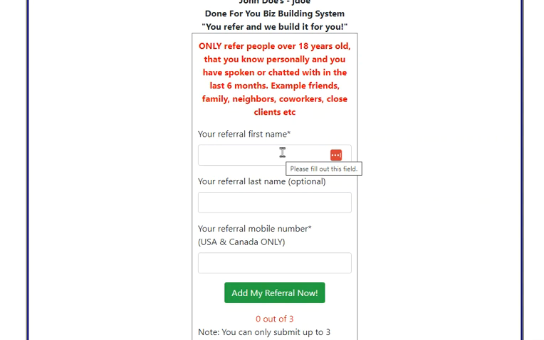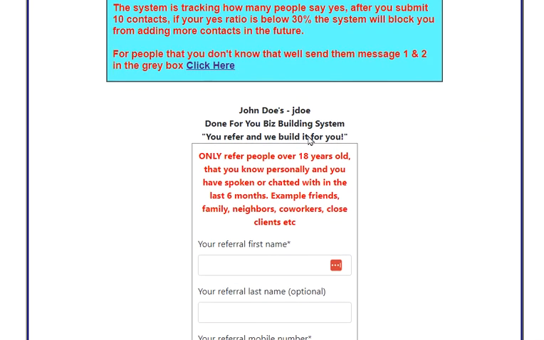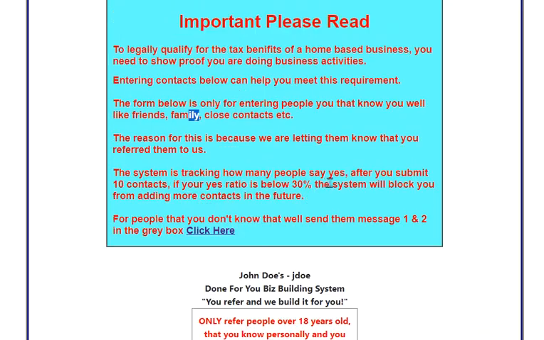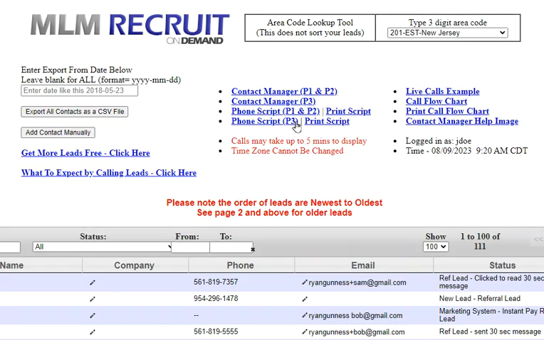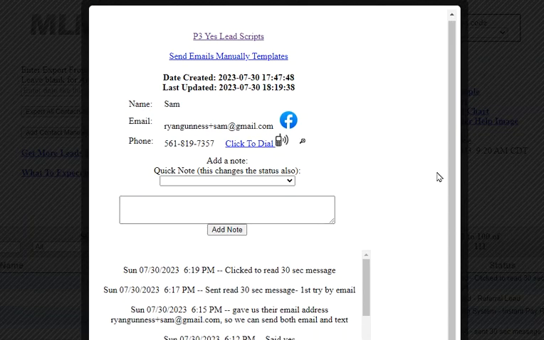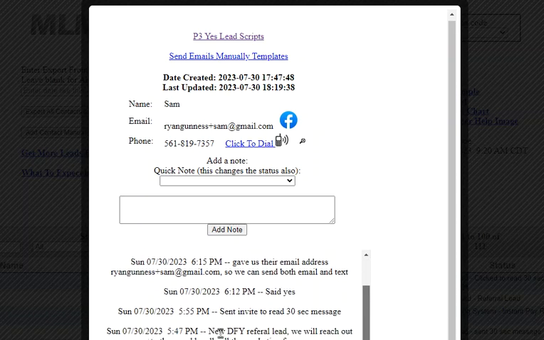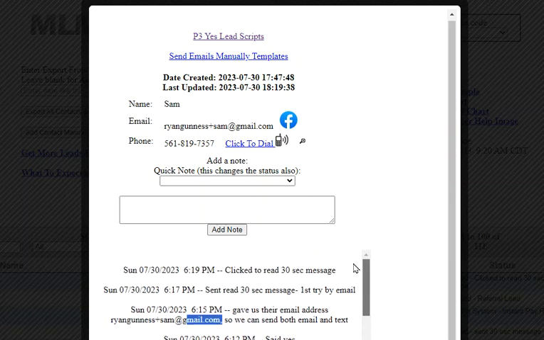It will handle all the reach outs, it will handle all the follow-up, answer all the questions, and sign them up with you. Now, on top of that, it's keeping track of everything in your contact manager. So if you go to your contact manager tab and you click on contact manager, that will bring you to a screen like this. And what you'll notice is anytime you enter in a contact, it'll keep track of the conversation. So it'll show you the timestamp when you entered in the contact, when the system actually reached out to them for you, when they said yes, when they gave us their email address. It'll just give you a whole log of everything that's going on.